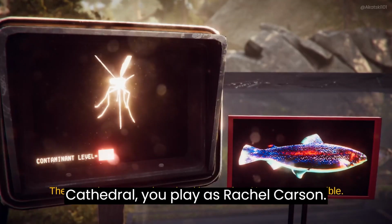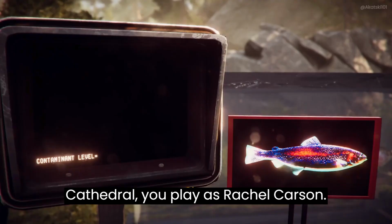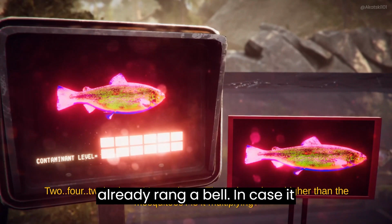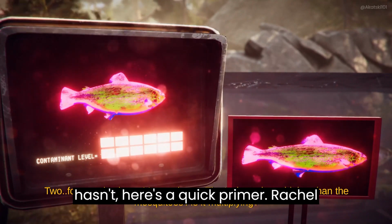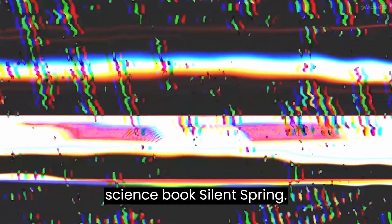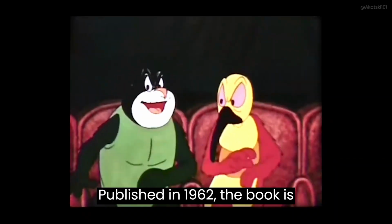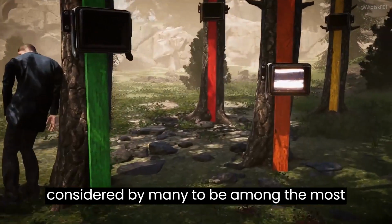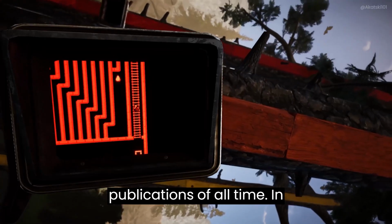In the Forest Cathedral, you play as Rachel Carson. For some of you, that name may have already rung a bell. In case it hasn't, here's a quick primer. Rachel Carson is the author of the environmental science book, Silent Spring. Published in 1962, the book is considered by many to be among the most important and influential scientific publications of